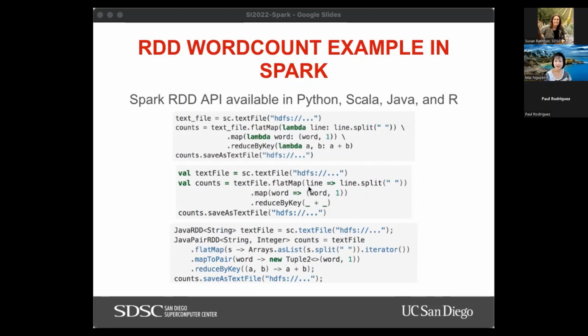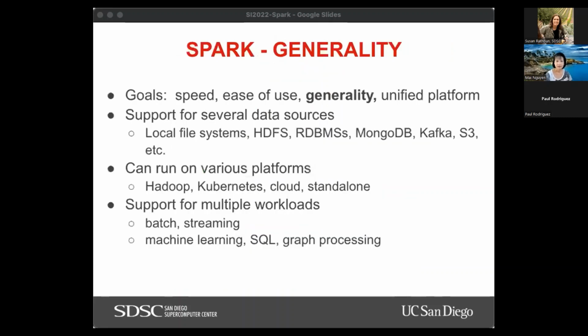Then you apply a flat map to split the text up into words. Then you apply a map operation to create the key value pairs. And that's followed by a reduce operation to sum up the values of the same keys. You can see that's done in PySpark, Scala, and in Java. All these things do the same thing.